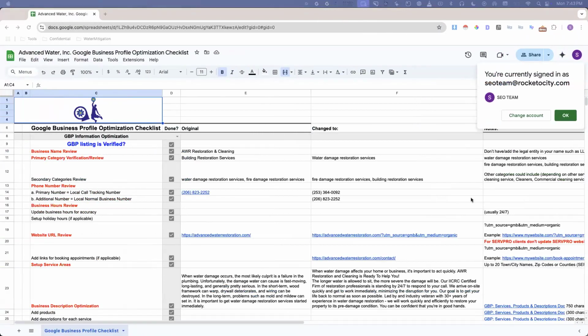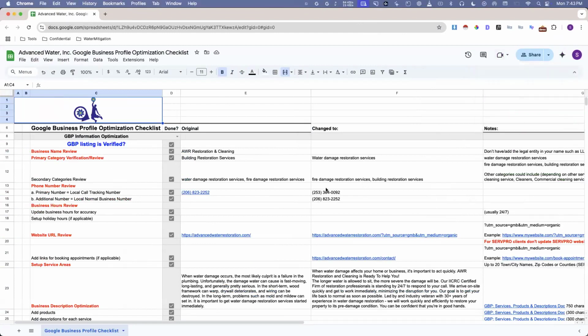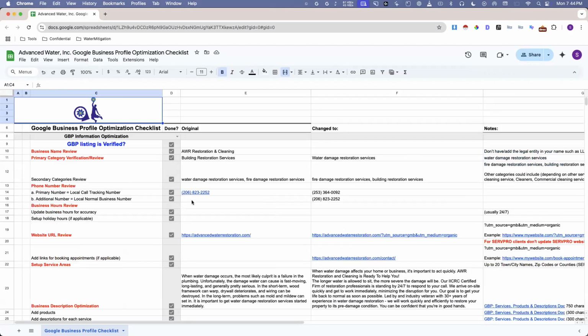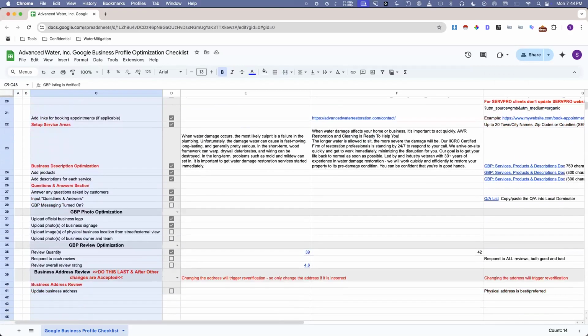Okay, so basically this type of form you need to create for each and every client. So it's a checklist basically. In this checklist you need to have all of this data: